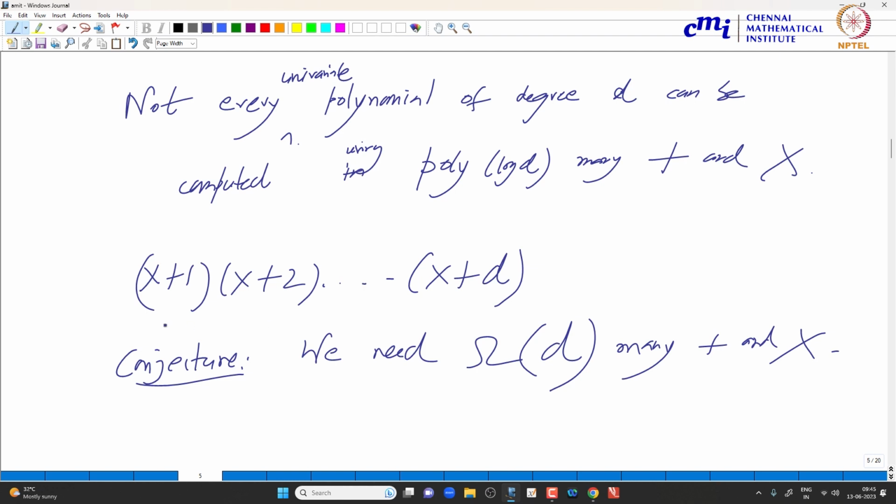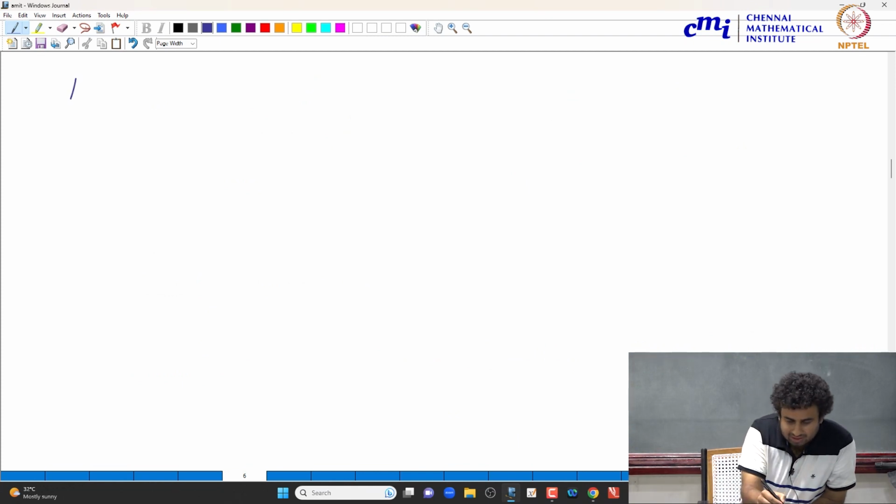So one thing you can see from here is, suppose you can compute this product in polylog d without division, then you can put x equal to 0, and that will compute d factorial. So d factorial in polylog d is unlikely; we do not know. So basically exponentiation versus factorial is not known. And in fact, this is also an elementary exercise; I am giving too many exercises. Another exercise is,